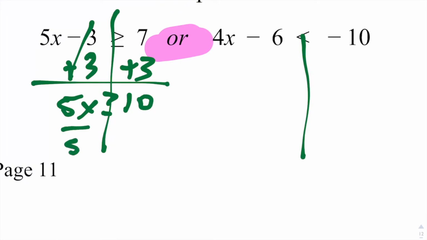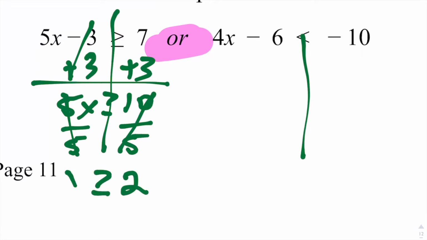Now I divide by 5. Since I'm dividing by a positive number, my symbol stays the same. It does not change direction. My 5's cancel over there. Over here, 10 divided by 5 is just 2. My symbol stays in the same direction, and my x is left on that side. So on this one, I have x is greater than or equal to 2, or,